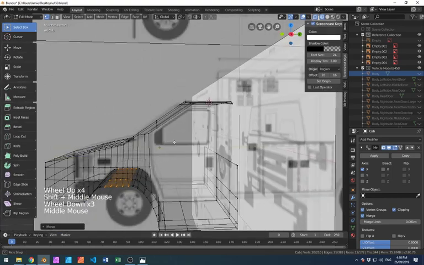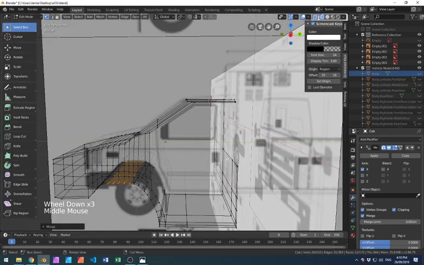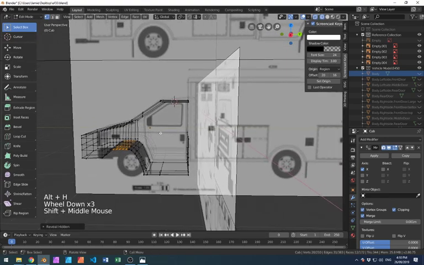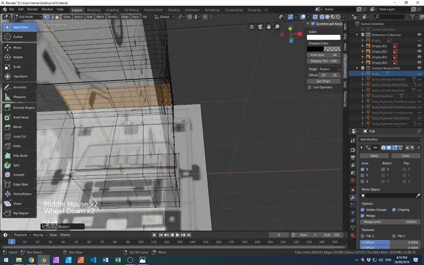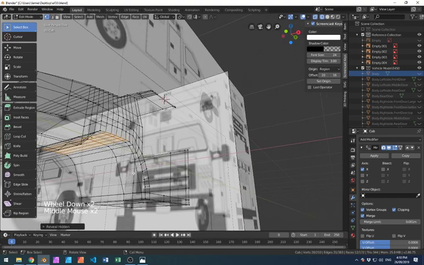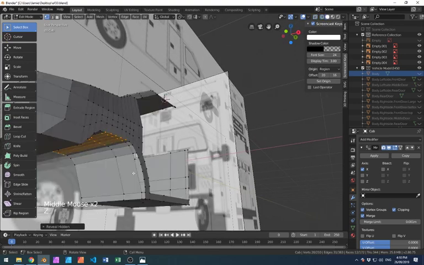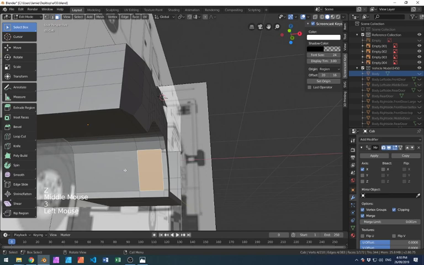Alright, so that's, oh, I'm missing a huge chunk here. Let's try an Alt-H to unhide everything. Alt-H. Okay. Now this bit's easy, actually. So I'm just going to go to solid mode, face select. I'm going to get rid of particular faces, X, faces